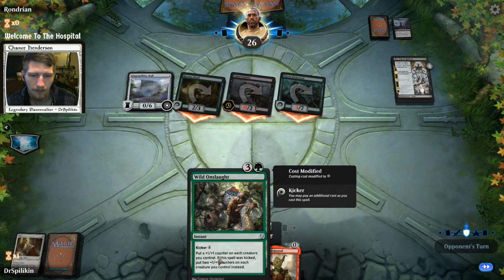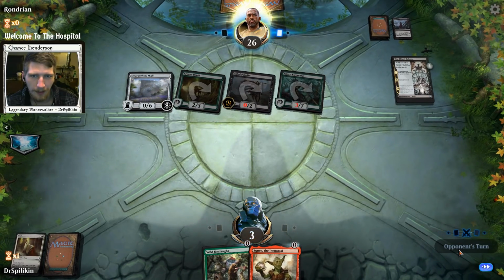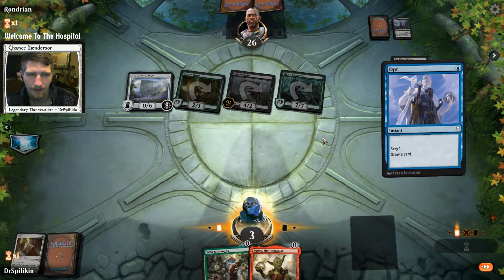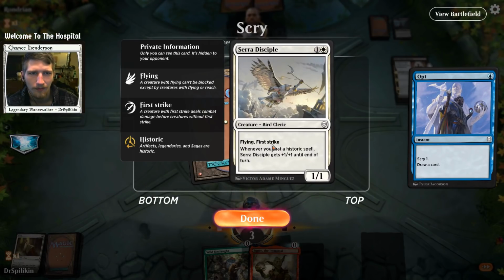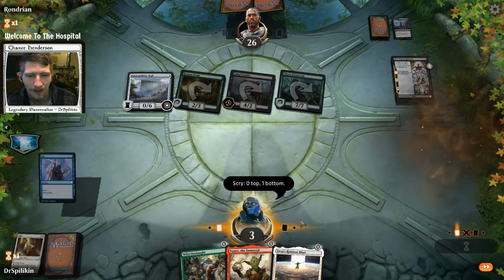Alrighty. Still can't use Wild Onslaught. And we're down to 3. Next turn's looking like lethal with his Thorn Lieutenant. Let's, or Thorn Elemental. I don't know where I got Lieutenant from. No, Sarah, you're not gonna save me here. Oh,